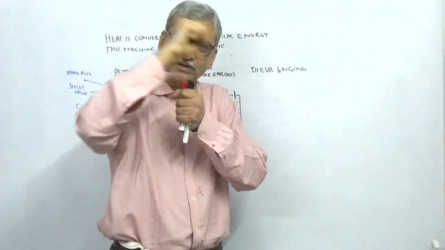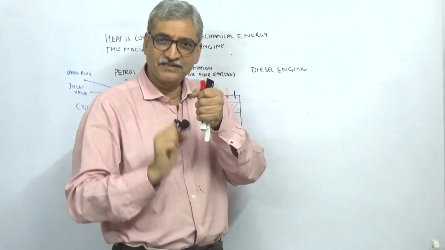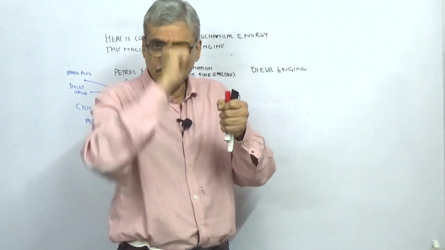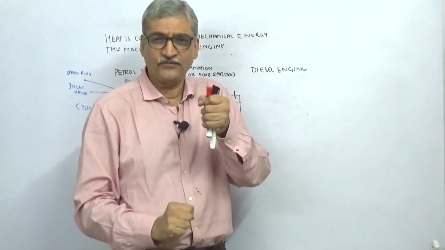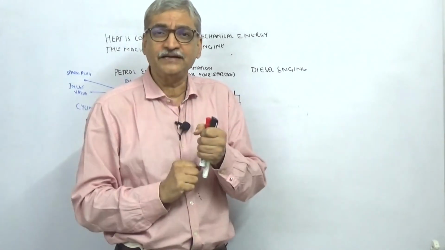So understand, 1, 2, 3, 4. This creates one full motion on the crank. So this continues, 1, 2, 3, 4, 1, 2, 3, 4. How is this 1, 2, 3, 4 created? Because